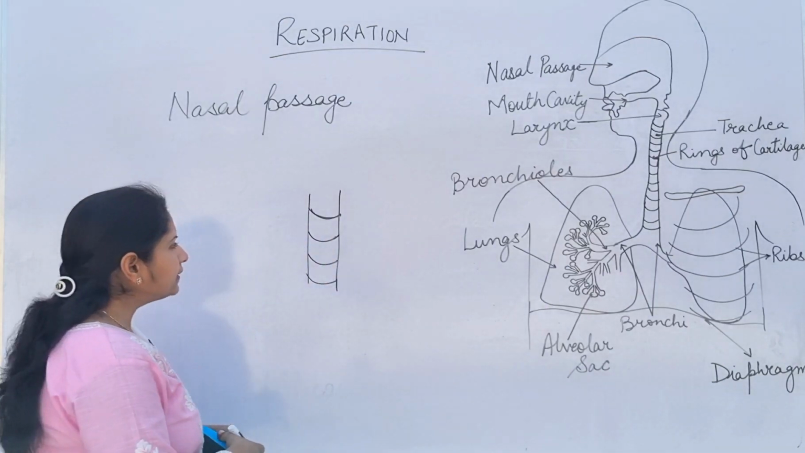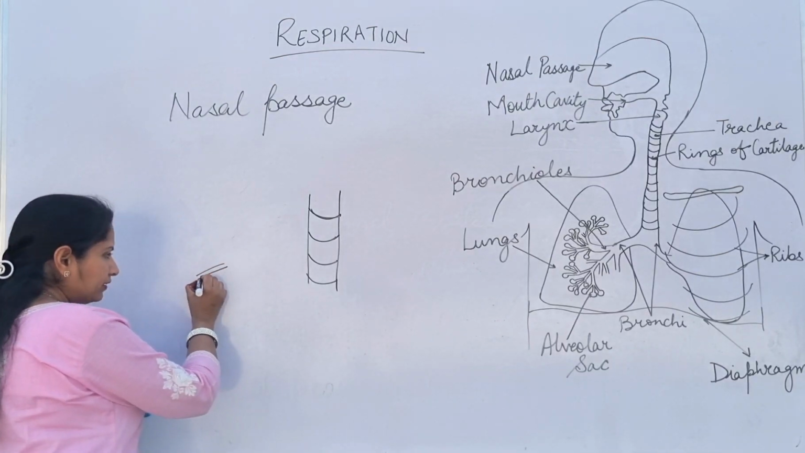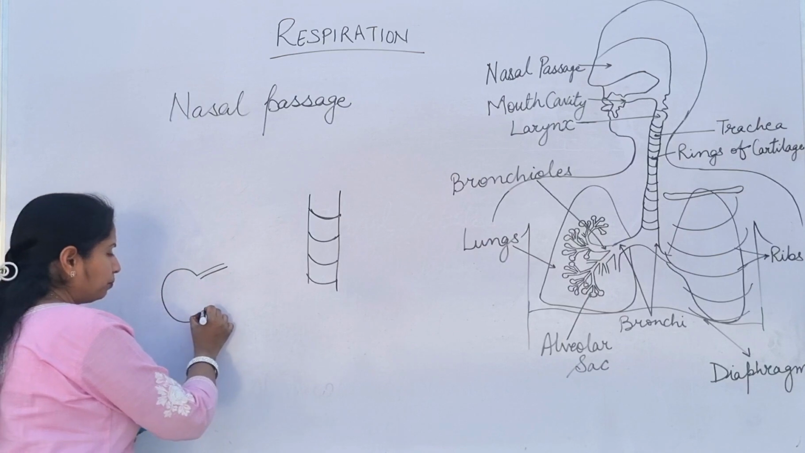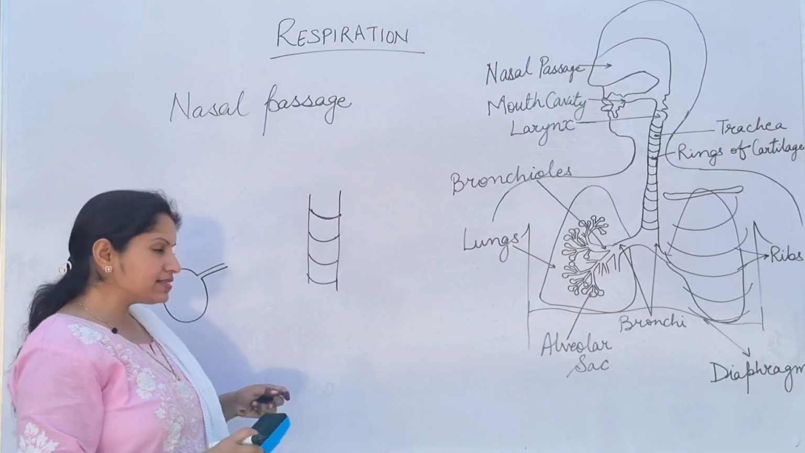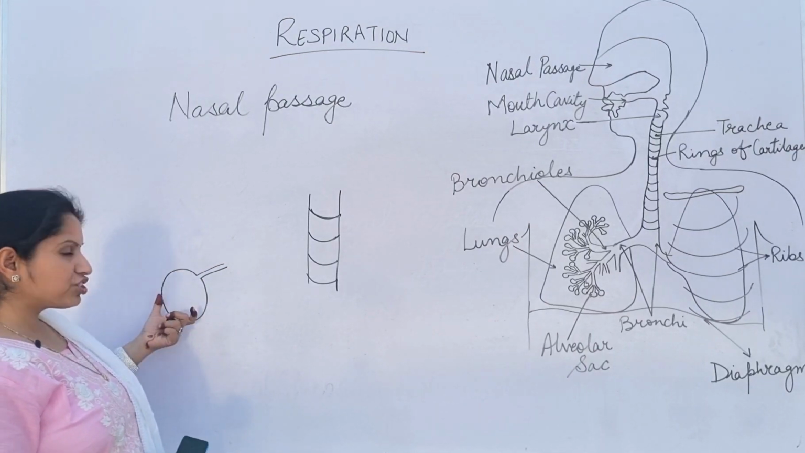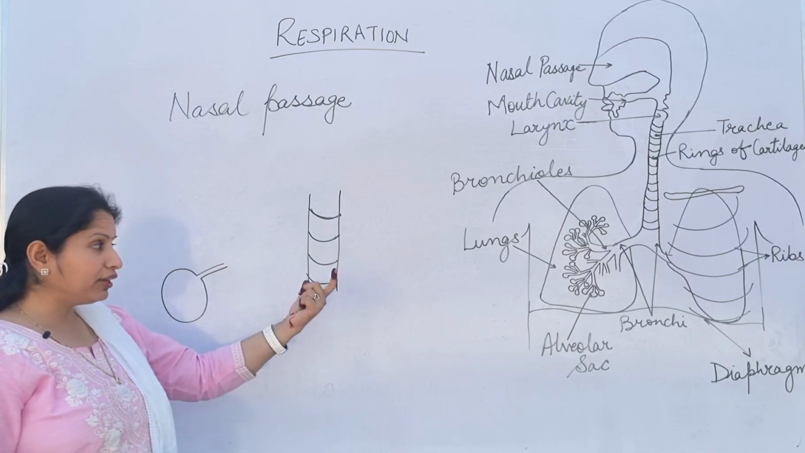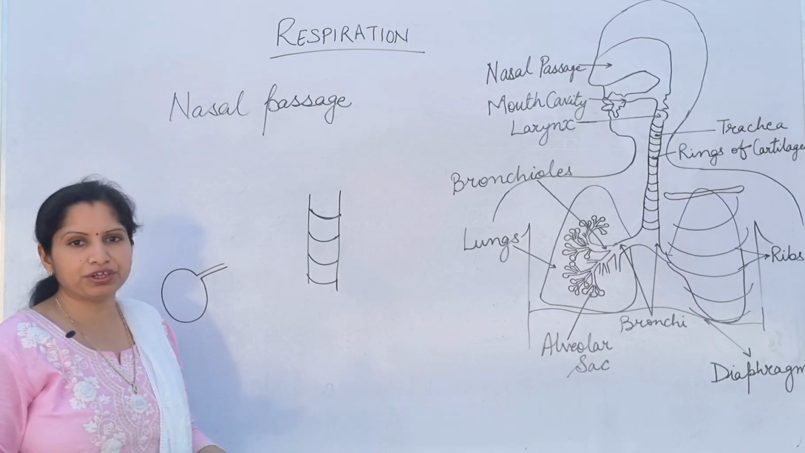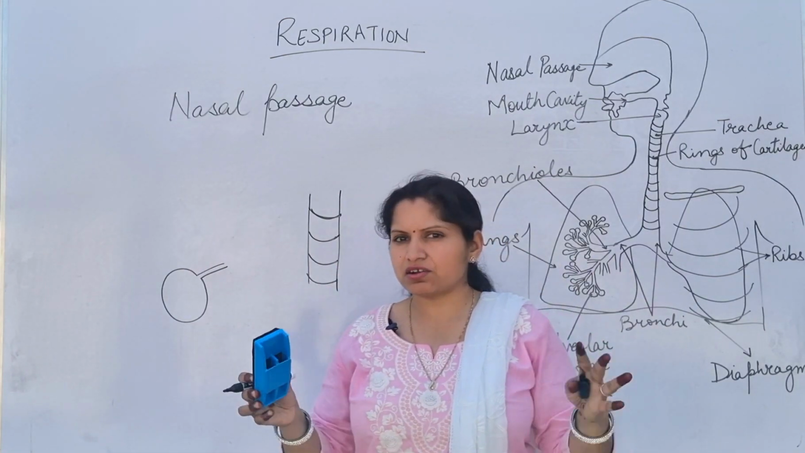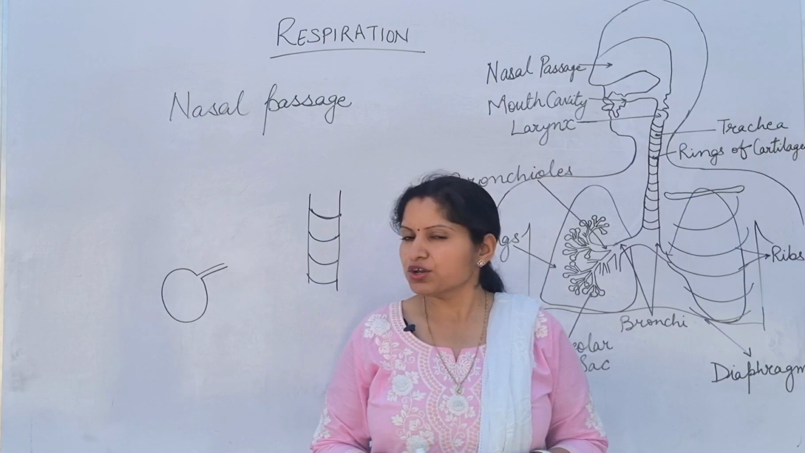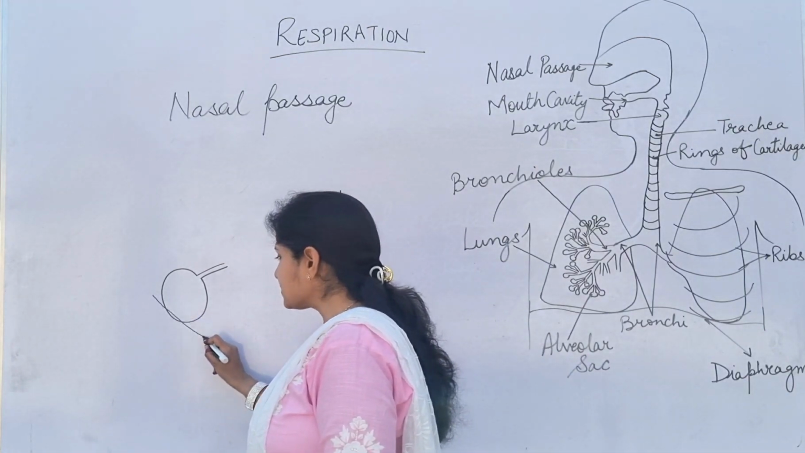What are alveoli? The last part where the bronchioles end is the alveolar duct, and these alveolar ducts open into balloon shaped cells, and those cells are known as alveoli. The alveoli are the structural and functional unit of the lungs. These alveoli are richly surrounded by blood capillaries. Why are they surrounded by blood capillaries? It's very important because